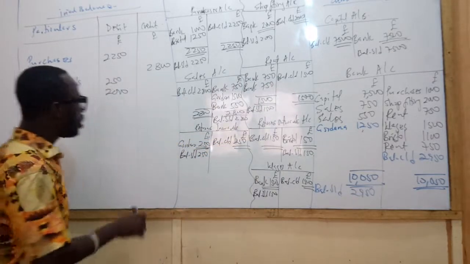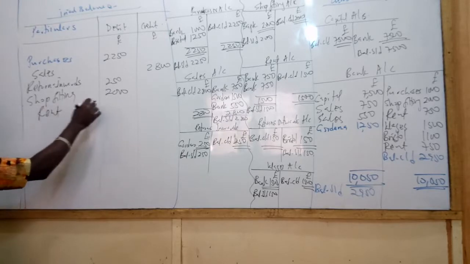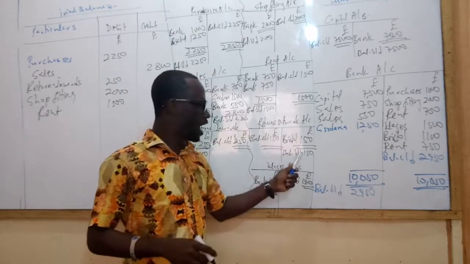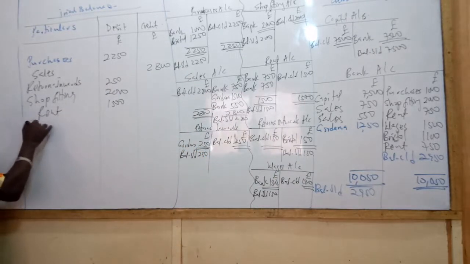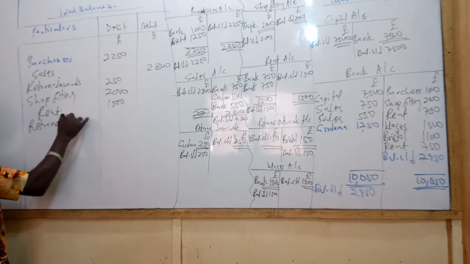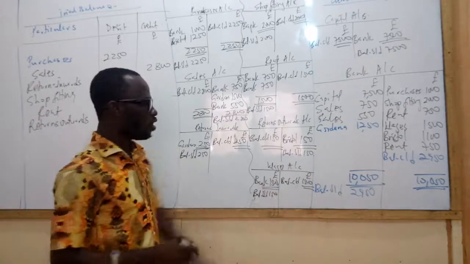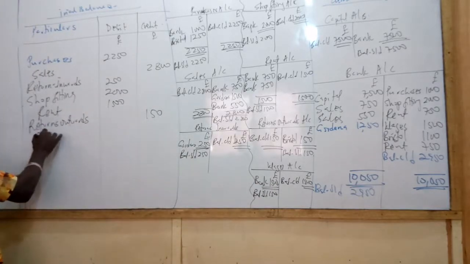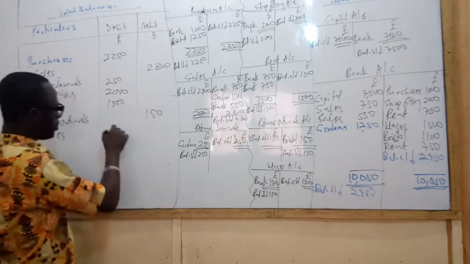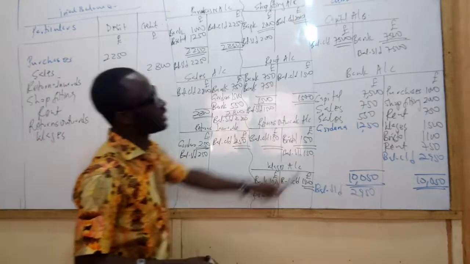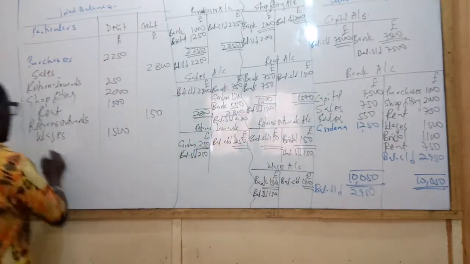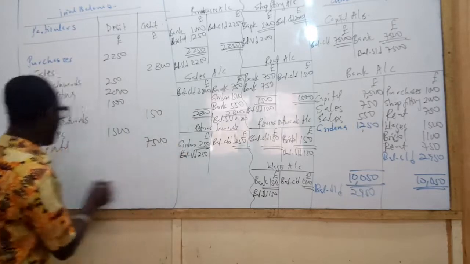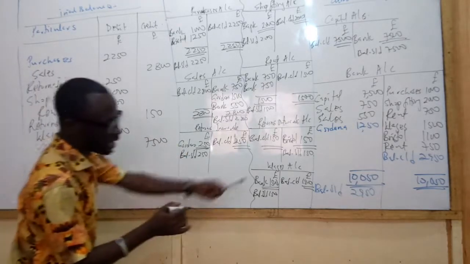Rent is an expense. All expenses keep debit balance, so 1500. Return outwards has a credit balance, so returns outwards has a credit balance of 150. And then wages is an expense, keeps a debit balance of 1500. Capital account, certainly a credit balance of 7500. Then the bank account, which keeps a debit balance of